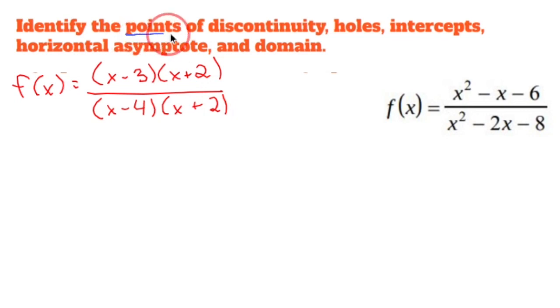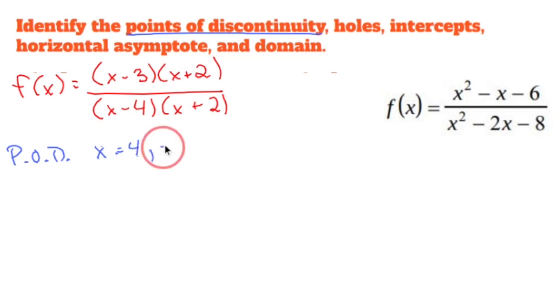What am I doing first? Points of discontinuity. The points of discontinuity are the x values that, if you were to plug them into this equation, would make the whole thing undefined. In other words, what numbers, if I were to plug into the bottom here, would give me an undefined equation? Well, if I were to plug in 4,